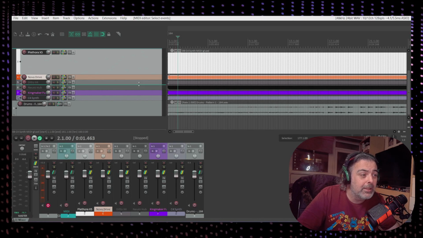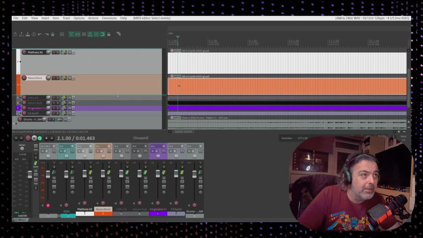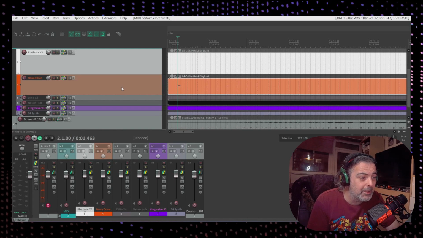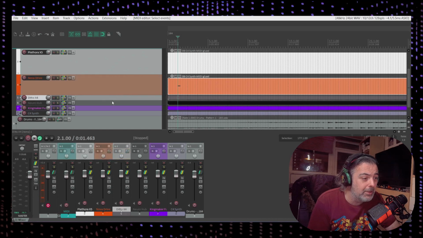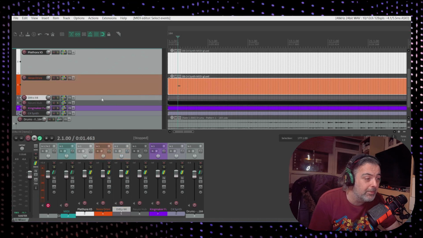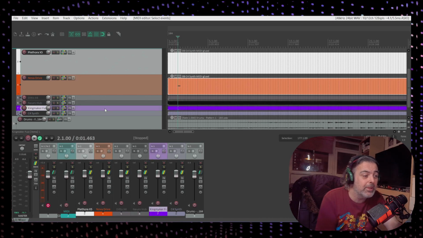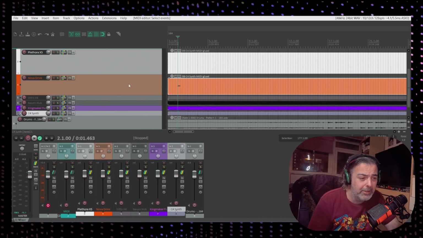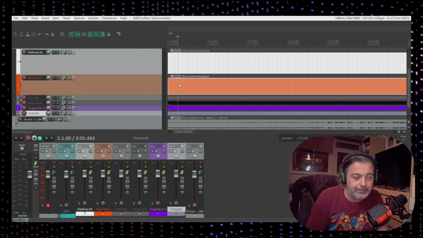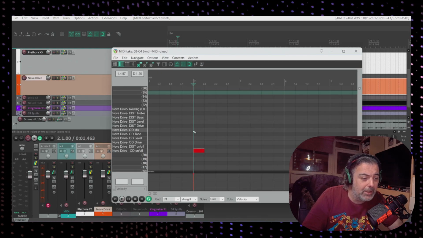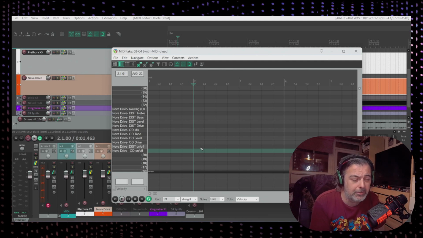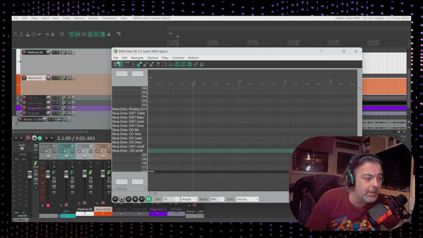This is my setup at the moment. I have added a track for each of the MIDI devices. So there we go, the X5, the Nova Drive, the X4, the Neuro Hub, the Fuzz, and the synth. And I was thinking that getting into MIDI can be a little bit intimidating. So here's a handy way of doing it, because as you can see,